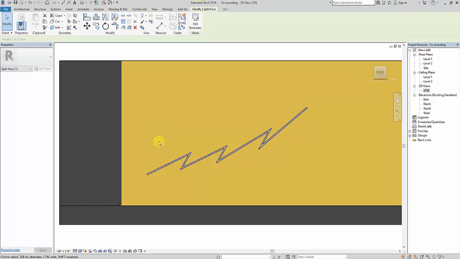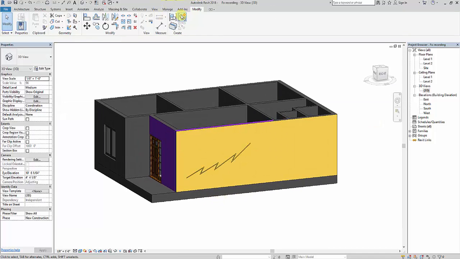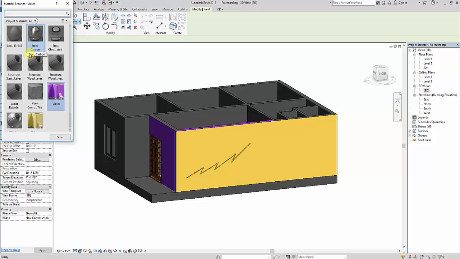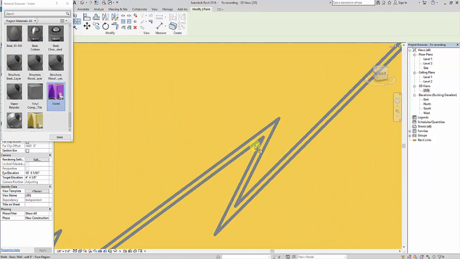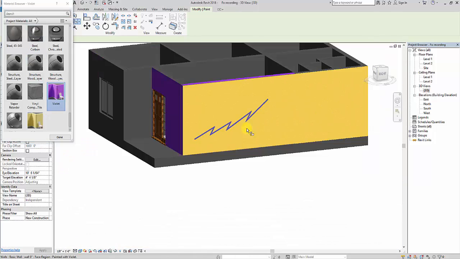Just click on finish. Next here what I'm going to do is I'll select the paint here, which paint I want to apply, and I'll just apply it over here.